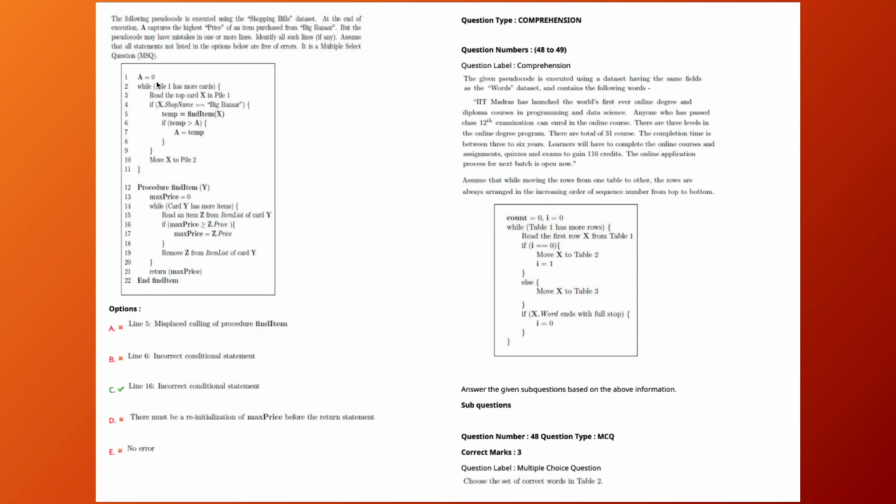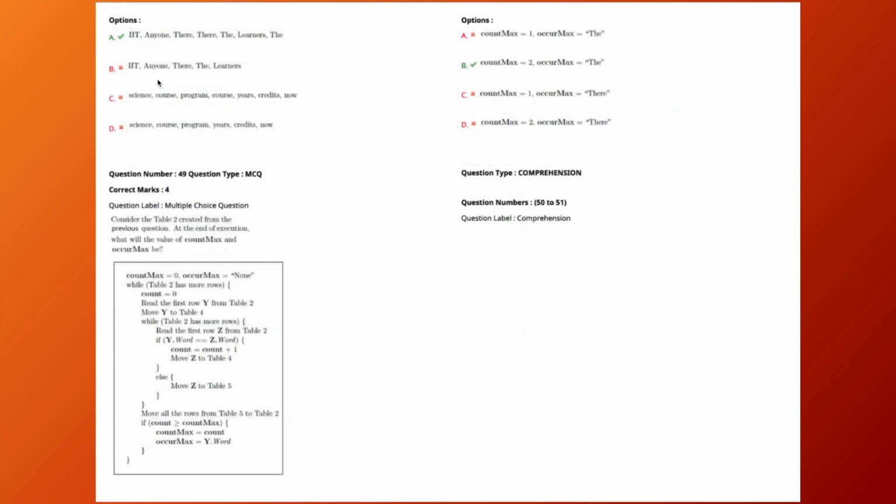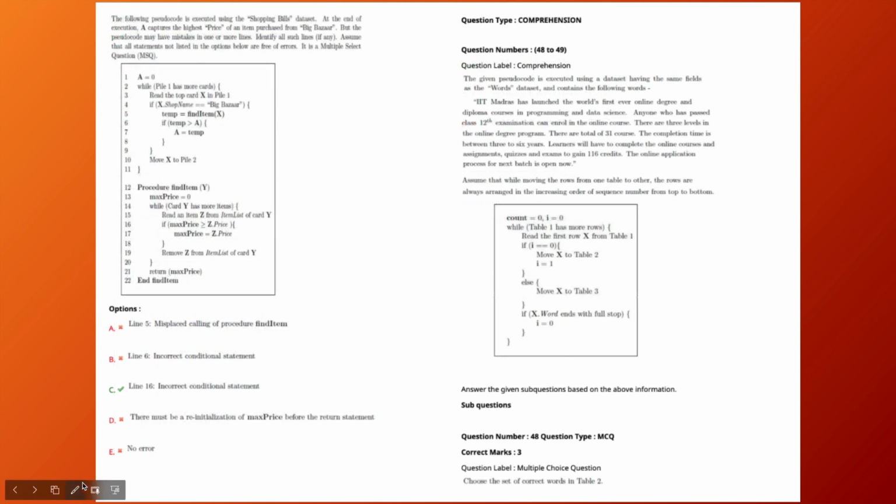So let's actually go through the pseudocode once. So it says that first we initialize the variable a to 0. Oh, pardon me. Yeah, so we have initialized the variable a to 0 and we iterate through the list. In fact we are iterating through the pile, and we say that while pile 1 has more cards, read the top card x on pile 1, and if x.shopName is equal to Big Bazaar, temp is equal to find item of x,